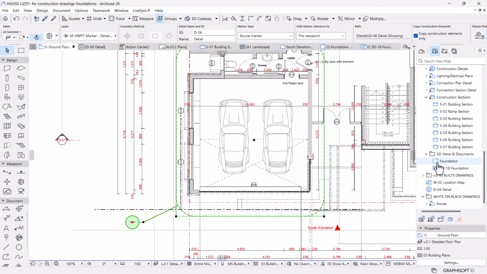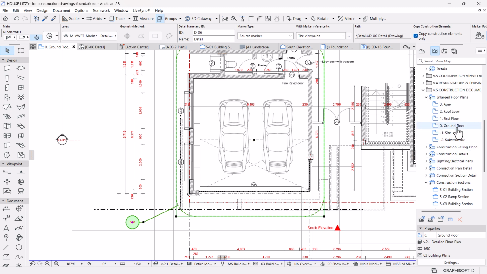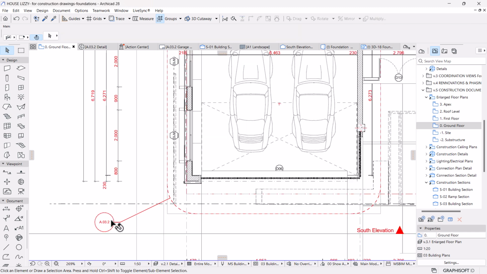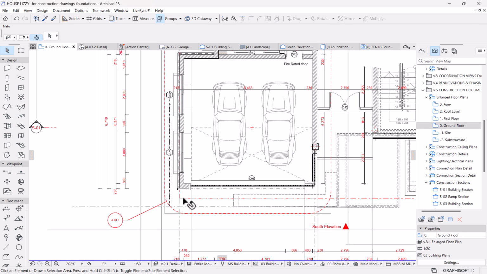Let's see. I want to show you something here. I'll have to go here, and then this will be a garage plan, or just say garage detail. Let's say garage details, right? And then this will be the ID for this drawing that we need to reference it here. So I'm gonna put it here. Let's put it there. Yes, so that this becomes a link,